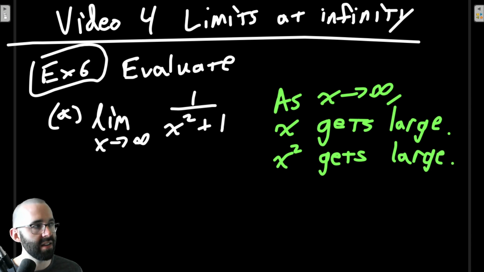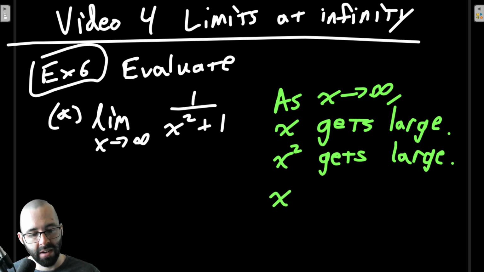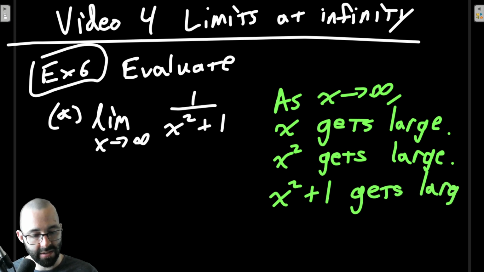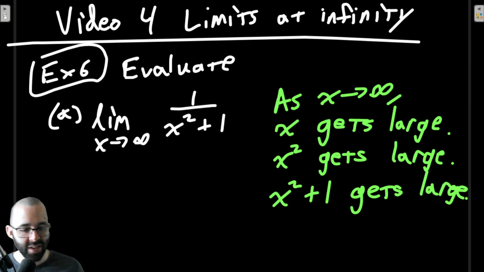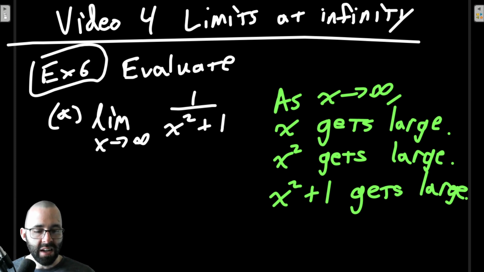If you square a big number, it's an even bigger number. So the whole denominator, x squared plus 1, also gets large. So if our denominator gets infinitely big,